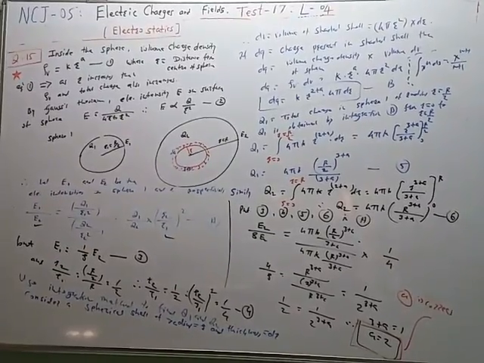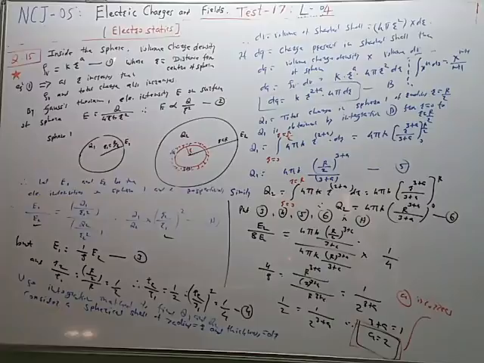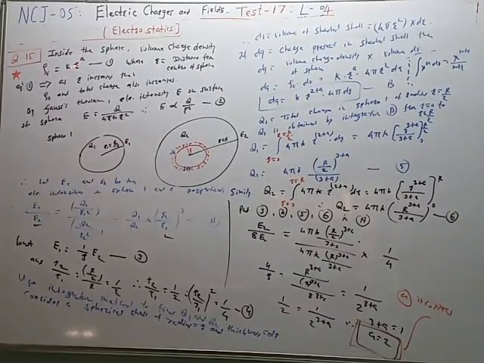The value of the volume charge density is given by this equation, equation 1. K is a constant. As R increases, this rho V increases. It means that more charge is concentrated near the surface and less charge is at the center. So charge increases from 0 to the circumference of the rim of the sphere. And therefore the charge has a different value for different distances from the center, and therefore Q1 and Q2 are the charges in the two imaginary spheres, one of radius r by 2 and the other of radius r. So E1 and E2 we have to compare.